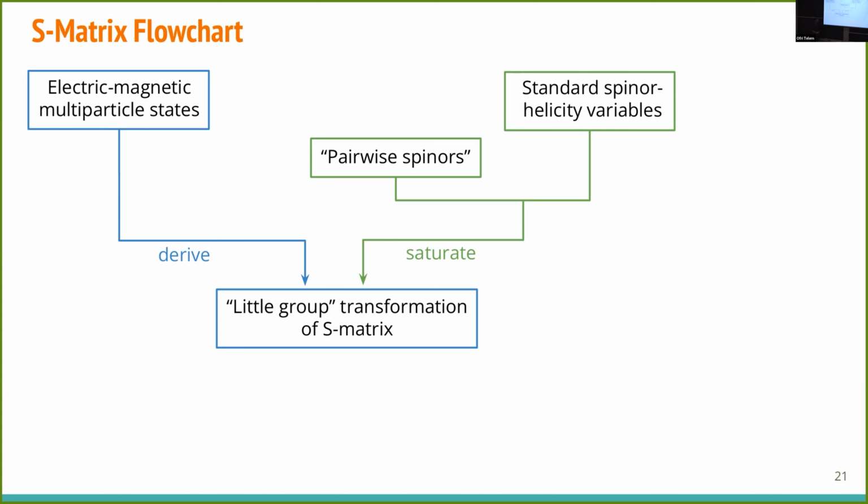But just to get an idea, at the very intuitive level, very roughly, when we say in-out states, they correspond to turning off interaction. But when you have both electric and magnetic charges, you cannot turn off E and G simultaneously, right? So the point is, there's no meaning for the undressed S matrix for charges and monopoles. Whenever I have to talk about the S matrix, it has to be Faddeev-Kulish dressed, and this dressing comes with its own little group phase, and that is what we're constructing here using algebra alone.